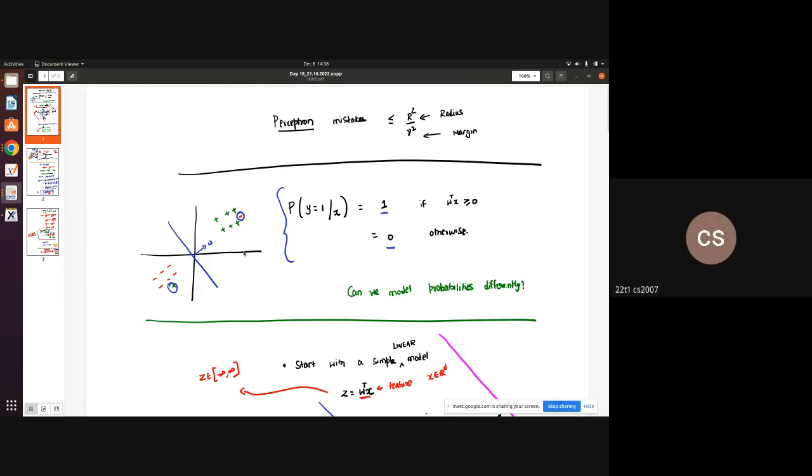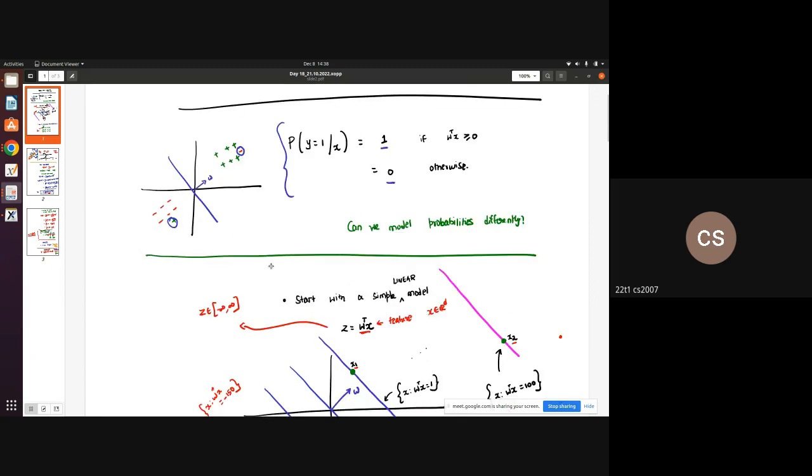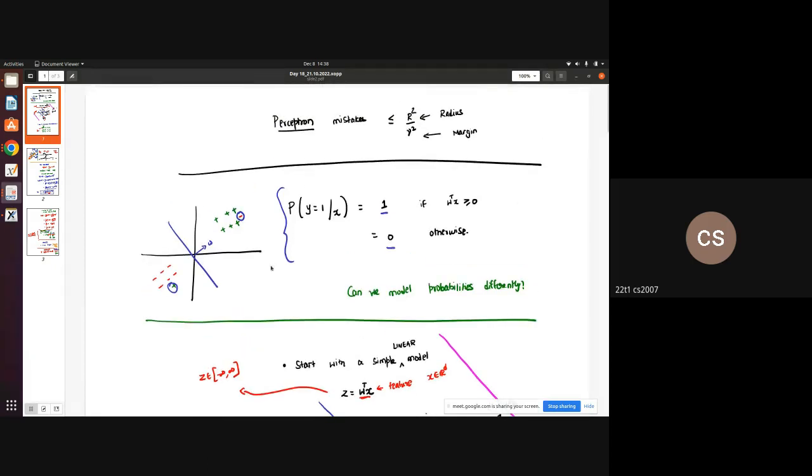That's true. So we need an algorithm that is able to handle a little bit here and there data points which are on the wrong side as well. That's why we want to look for another algorithm. So how do we do it? So let's talk about that. So in perceptron, we have